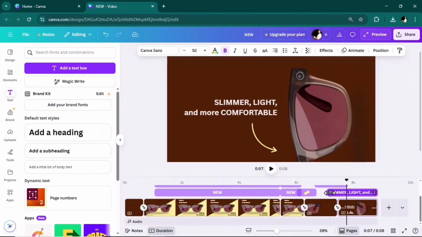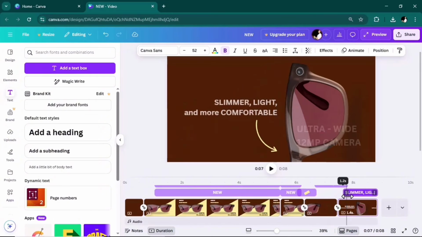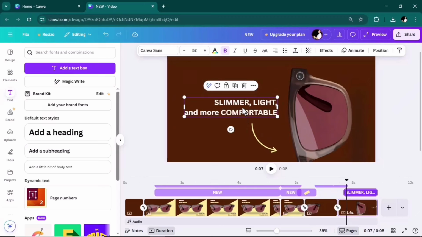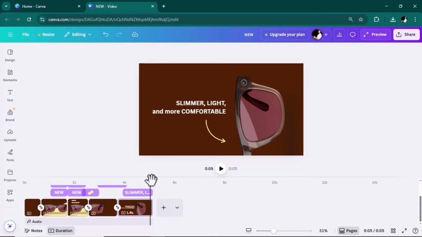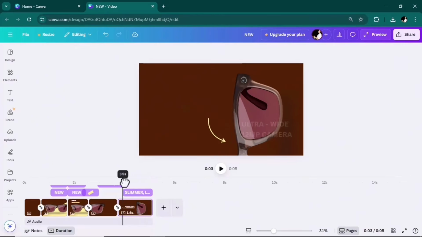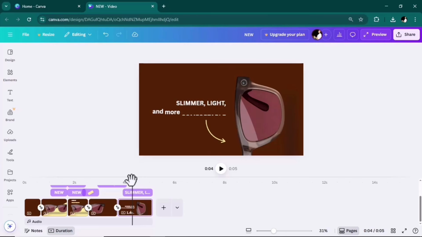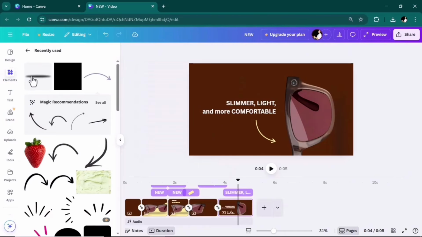Okay, I want the text to enter at this point, so set the duration and at the end again animate it. Now at this point I want the color of background to go to cream color, so again I will add